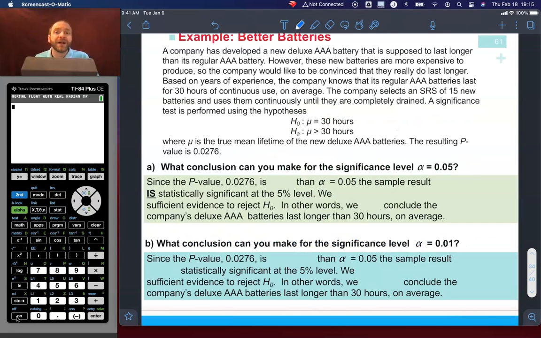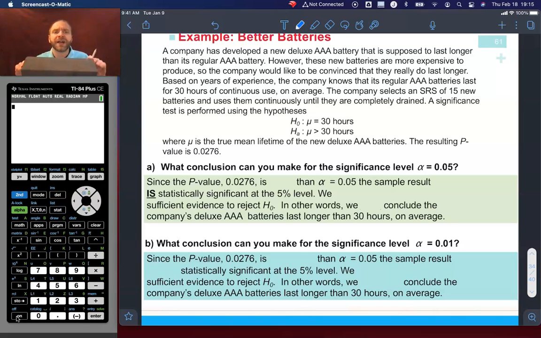So, a company has developed a new deluxe AAA battery that is supposed to last longer than its regular AAA battery. I see direction there, by the way. However, these new batteries are more expensive to produce, so the company would like to be convinced that they really do last longer. Say, it costs more to produce them, so we better make sure they last longer. So based on years of experience, the company knows that its regular AAA batteries last for 30 hours of continuous use